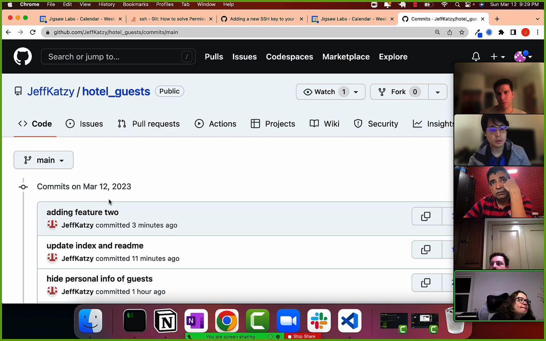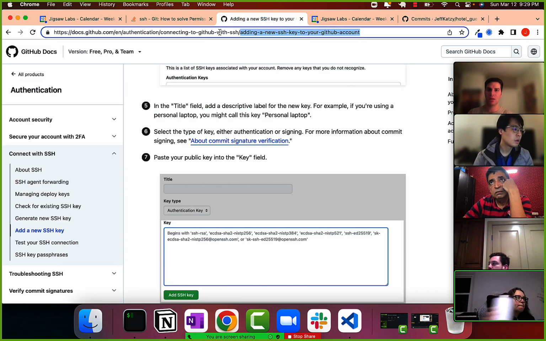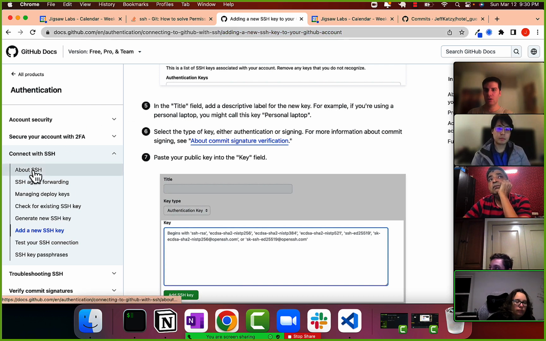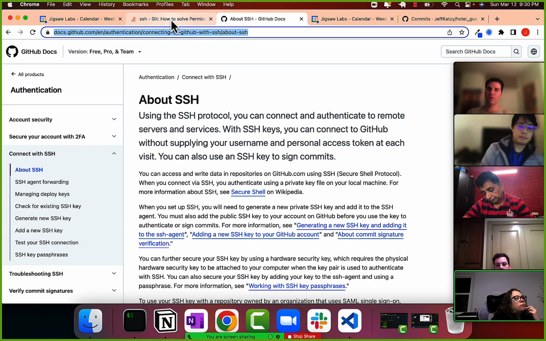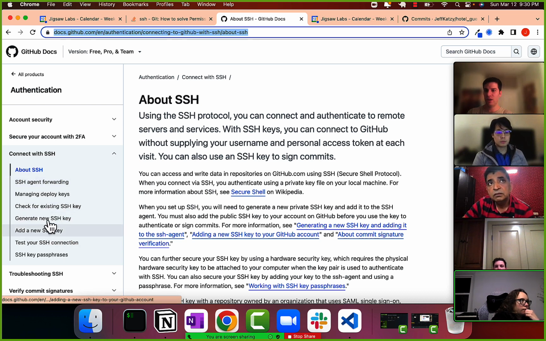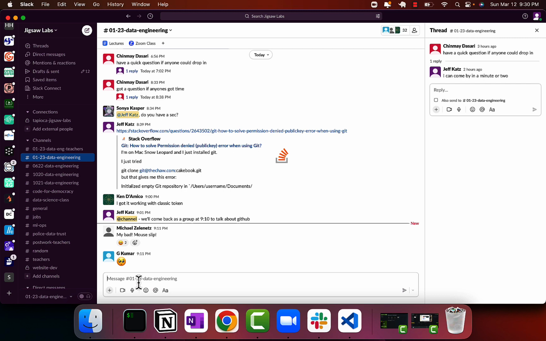All right. So there is a reading on this. There's a little bit more we should go through. Also, if you're having issues pushing up to GitHub, we didn't get to how to first set up your SSH account, but GitHub does have good documentation. You could just read these four things, or read this Stack Overflow post and then this one about how to add an SSH key to GitHub, and that should help out a lot. So I'll put those two things in Slack,